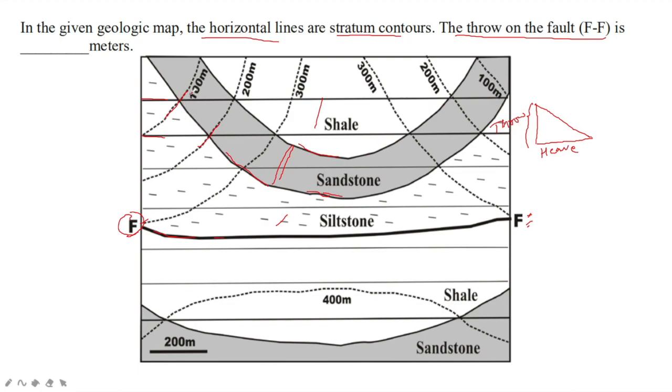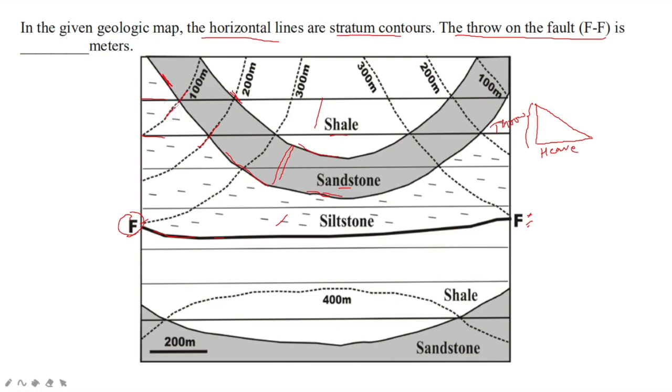First of all, in my previous videos, I've told you that a stratum contour is made for a particular bedding plane and not for a whole bed. So we make the stratum contours for the sandstone siltstone bedding plane and the shale and sandstone bedding plane separately. They'll have different sets of stratum contours. So first we'll see the sandstone siltstone stratum contour.